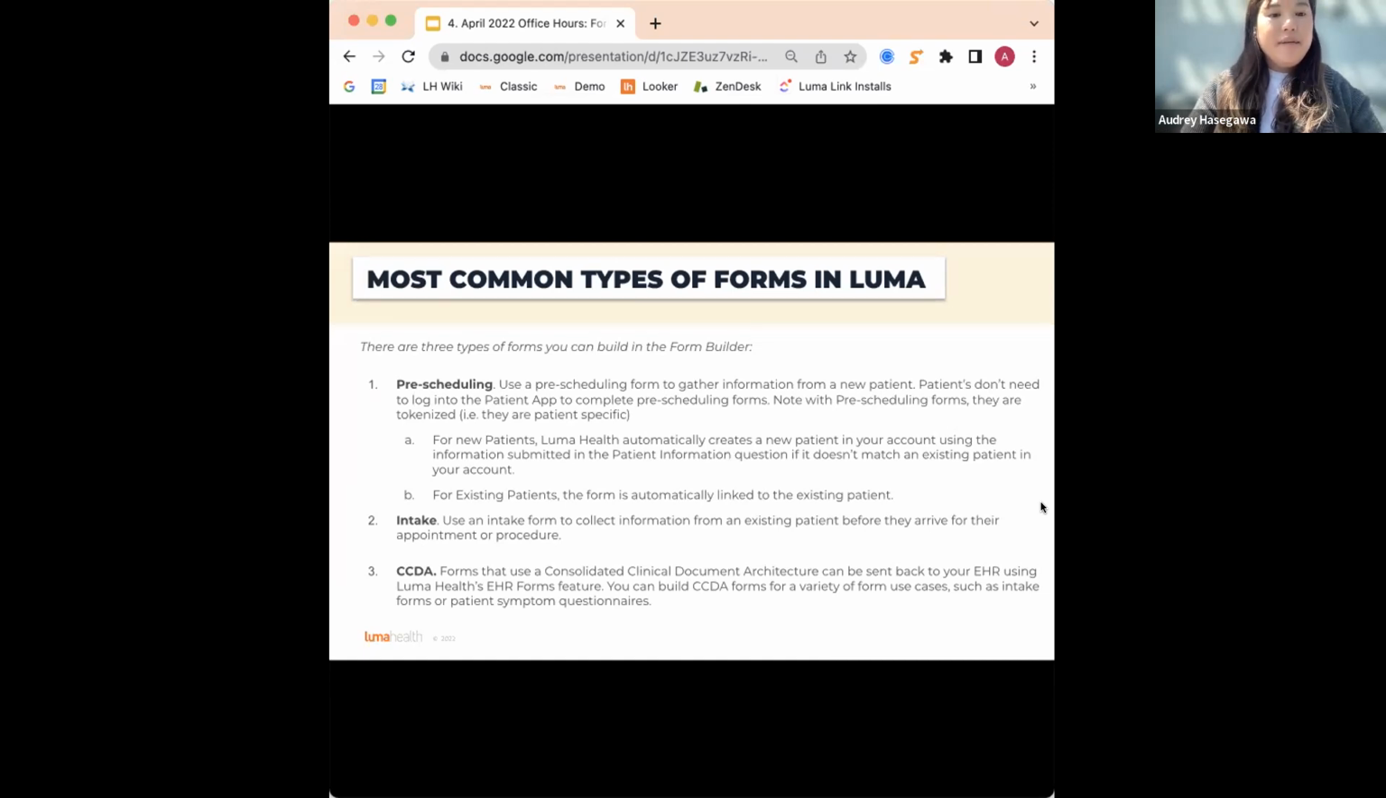So intake forms are similar to pre-scheduling forms, but they will not prompt a patient to actually schedule an appointment at the very end. This is really for being able to take information for new patients or for screening information, such as a HIPAA compliance or COVID screening form. This information is collected for the patient prior to their appointment or procedure, and you can then link that into